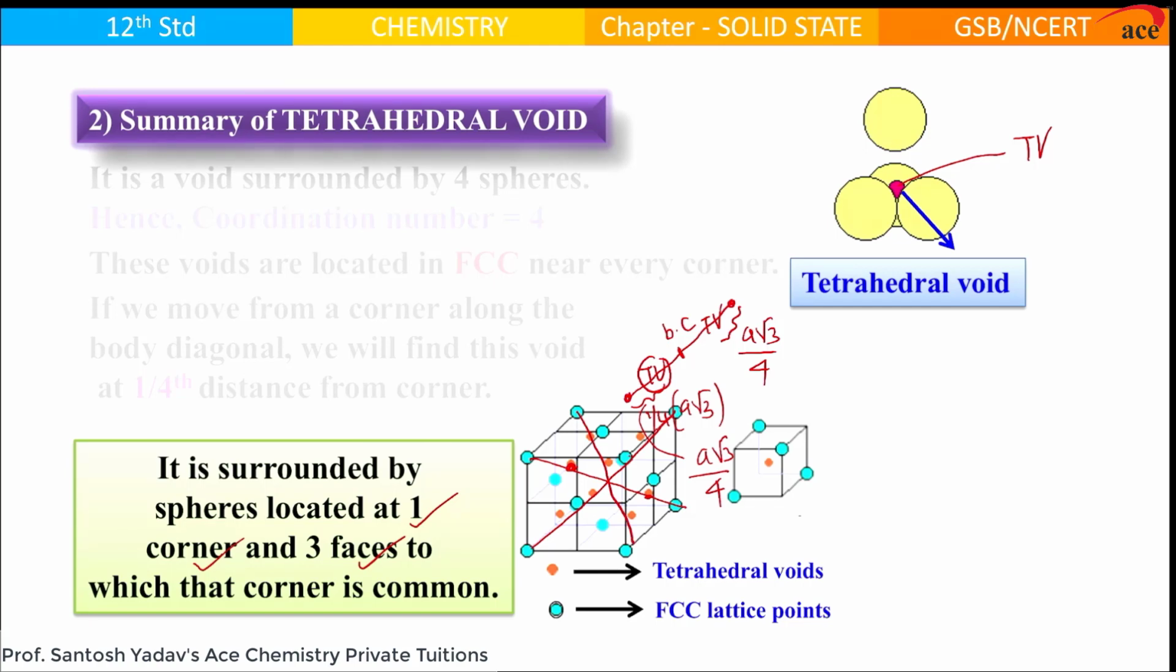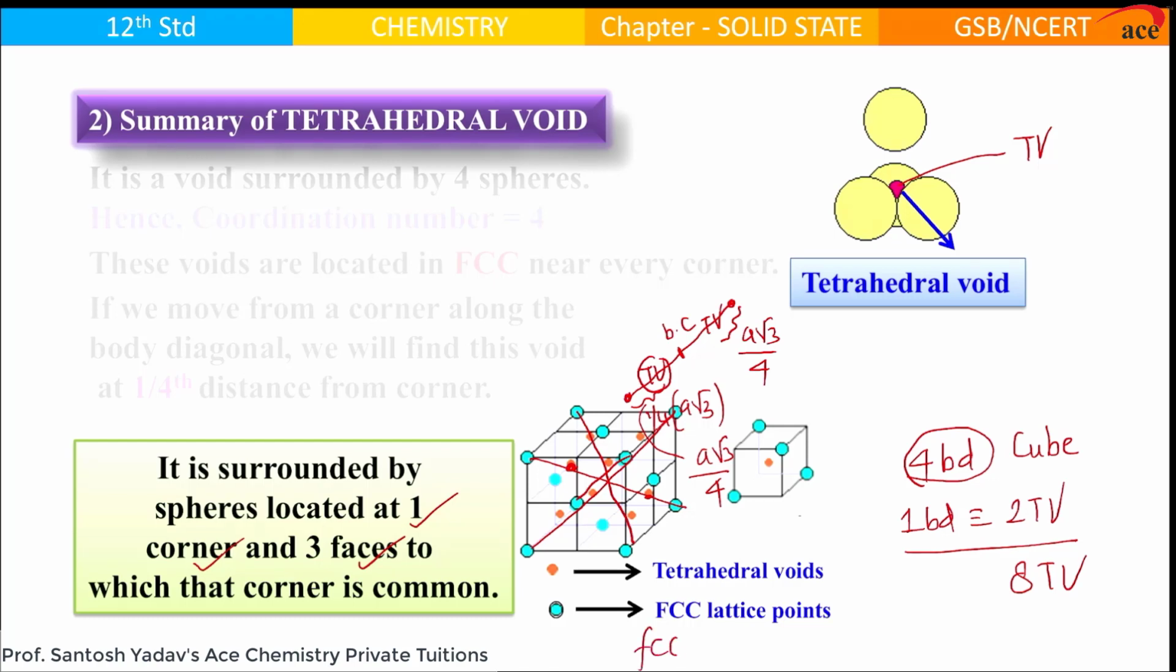Not any sphere, any cube has how many body diagonals? It has 4 body diagonals, and every body diagonal has 2 tetrahedral voids. So, therefore, 4 body diagonals making up a cube will have how many tetrahedral voids? 8 tetrahedral voids. So, any FCC unit cell will be made up of 8